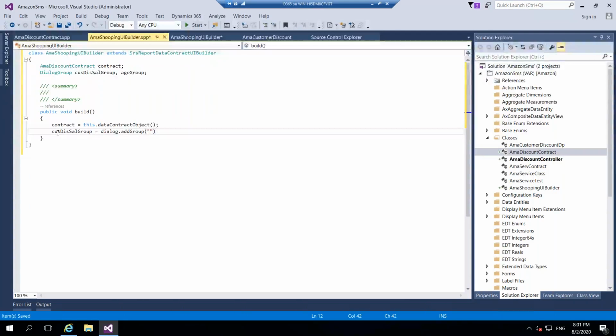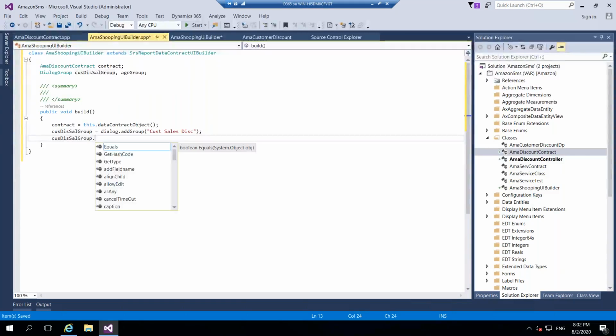You can say cost, sales, and discount. Cost, sales, disc. I am calling this group as cost, sales, disc. Now, for this group, there are multiple things you can do. If you want to add a checkbox, you can add. If you want to add a radio button, you can do that. How to do that? If you use dot, you will have a method called, it showed the IntelliSense, frame